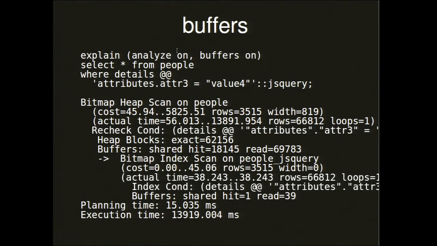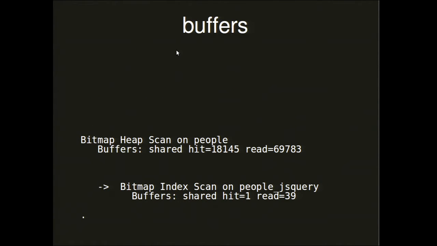So here's an example of doing another query actually with buffers. This is a giant JSON table with 20 million JSON blobs in it. And I do a search on this, and I'm doing a JSON query, and it's doing a bitmap index scan and that sort of thing. I'll explain what that is later. But the important thing that we get out of buffers here is we get these two statistics that say how many buffers we accessed that were already in Postgres's dedicated cache, and how many buffers had to be read